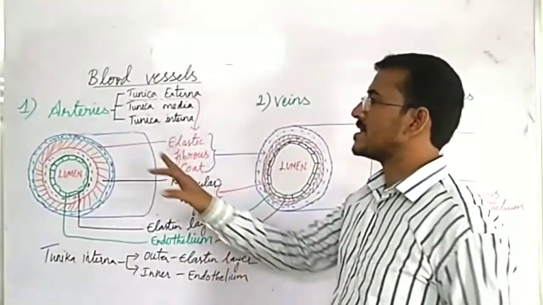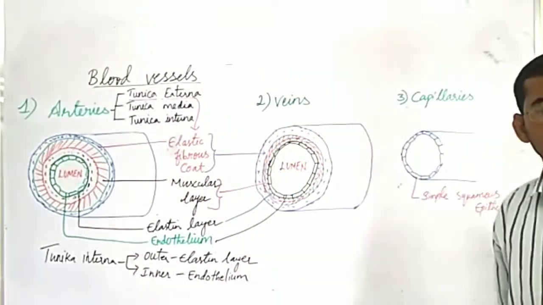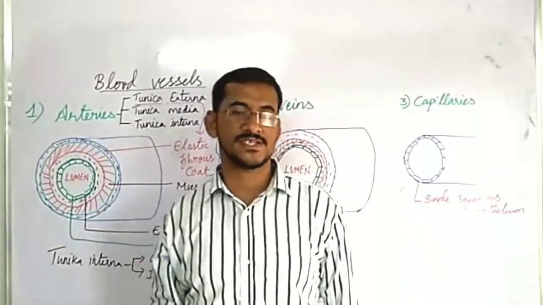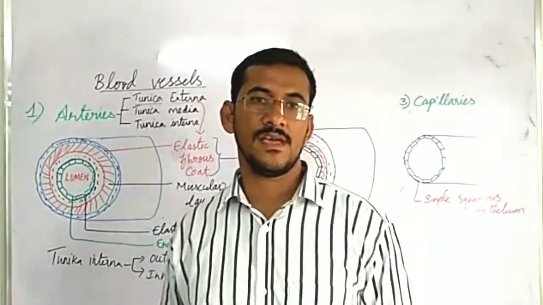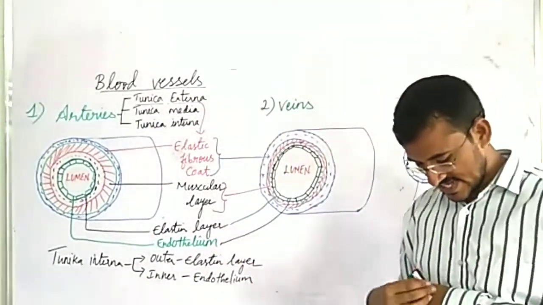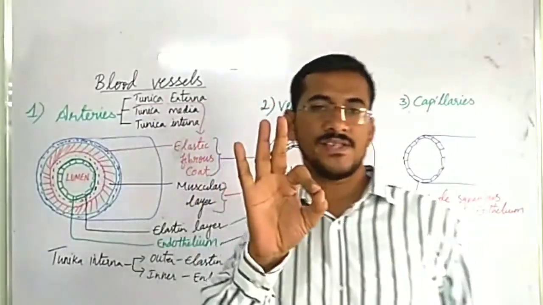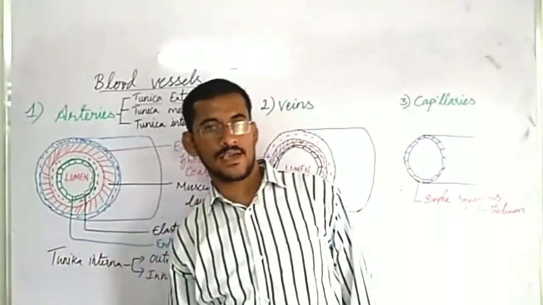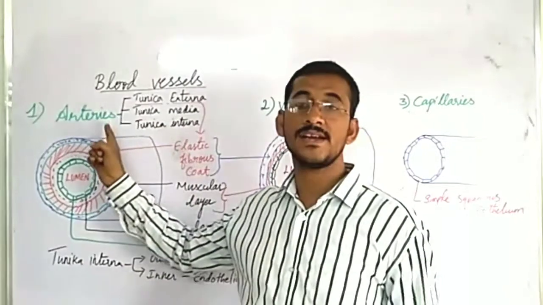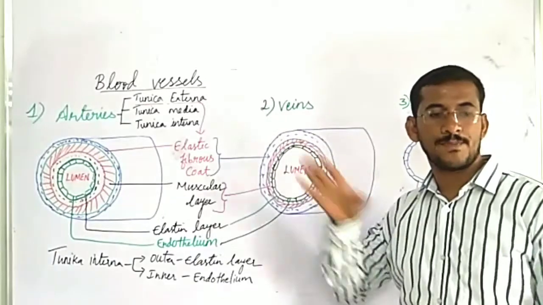In arteries, valves are absent, but in veins, valves are present, which prevent the backflow of the blood. Arteries are deep seated. They are present below the muscle. But veins are superficial. They are present just below the skin. Arteries are superficial only in three places: wrist, neck and ankle. In all remaining parts of the body, arteries are deep seated, under the muscle. But veins are superficial, present in the peripheral region of the body.